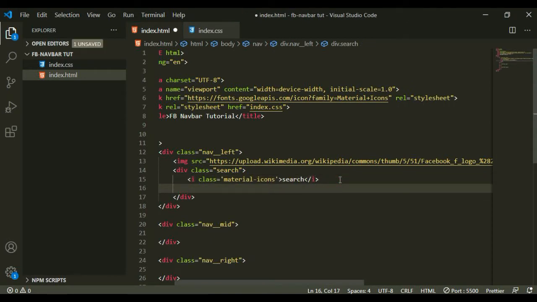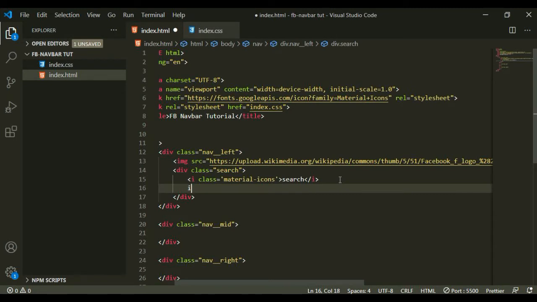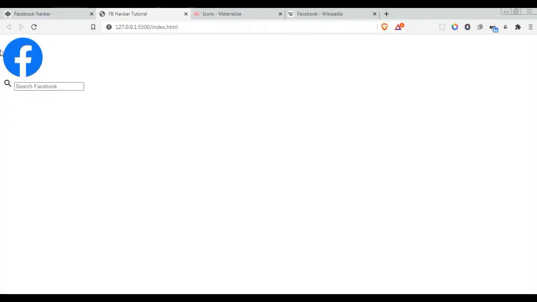And just beside the material icon, we have the search input. So let's create the input over here. Oops. Input of type text. Excuse my typos. Input of type text, and we'll have a placeholder saying search Facebook. Just like that. Save. So now we have something like this, and by the way, we have not used any CSS styles yet,